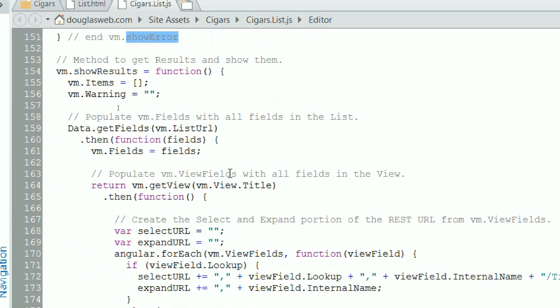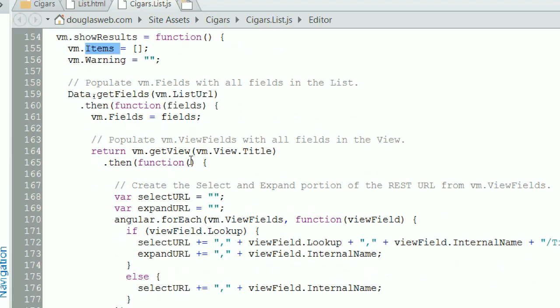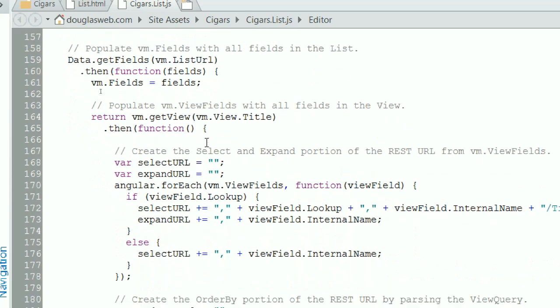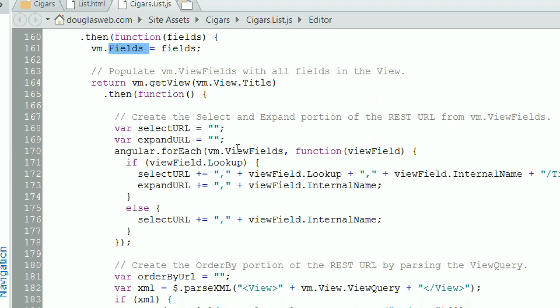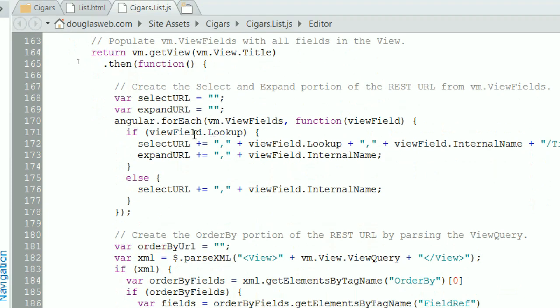Show results is called whenever you first load the application, or when you change the search, or when you change the view. Any of those will fire off the same show results method. So we're setting items to an empty array. We're clearing out the warning, and then we're calling get fields, passing in the URL. Remember, get fields was defined in our Cigars.js file in the factory, and we're going to go through the fields. We're assigning them to VM fields, and then we're going to populate view fields with all the fields in the view,